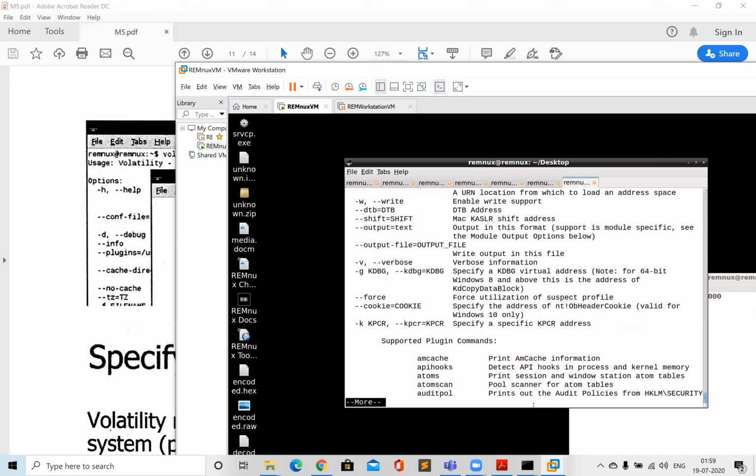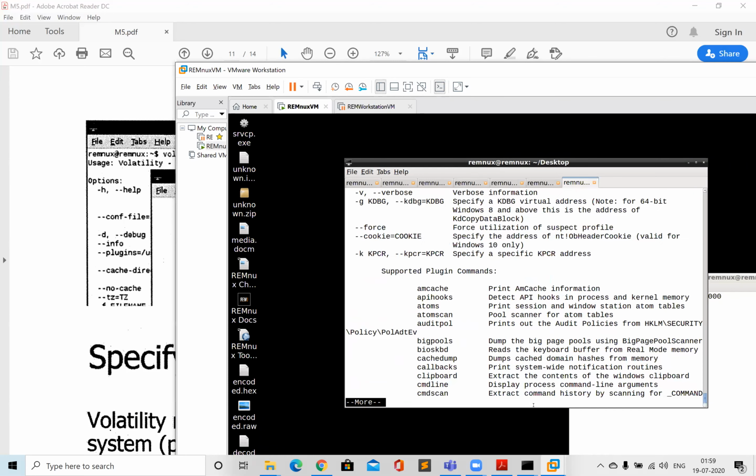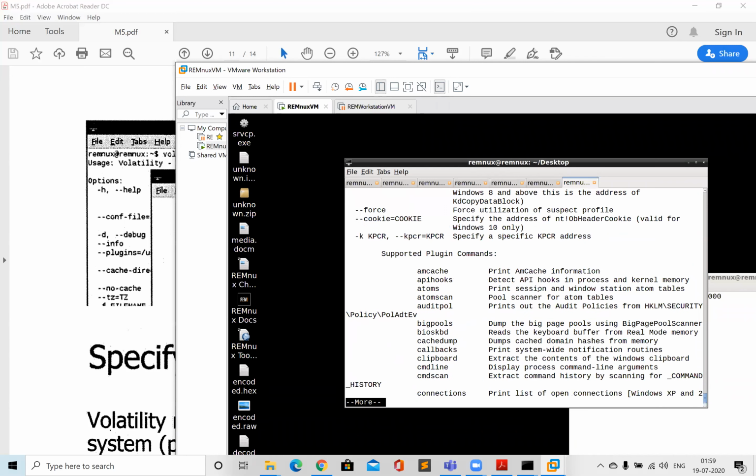Now it's telling me what all things you can get from here. You can get a lot of artifacts from the RAM memory, like the Amcache artifacts. If you do a forensics course, you will get to know that Amcache notes down what all executables were executing on your system. You can get the clipboard, like what all content is there when you do Control C. What all commands were executed from the command prompt, you can get from the cmdline and cmdscan plugins.